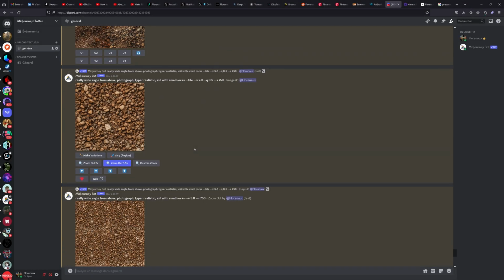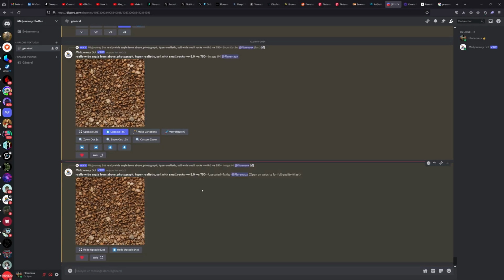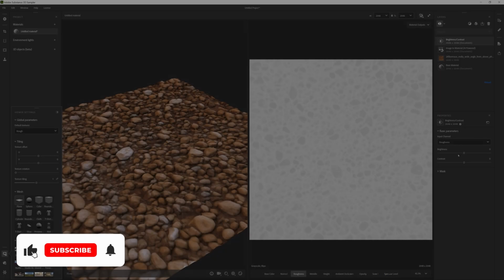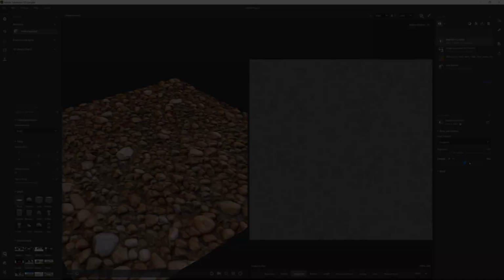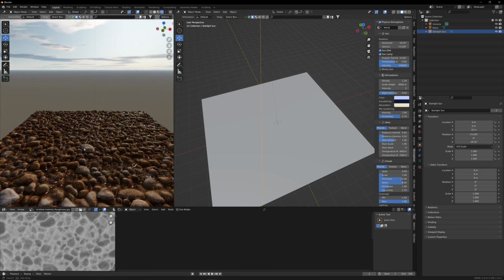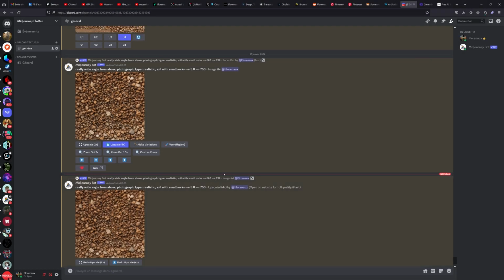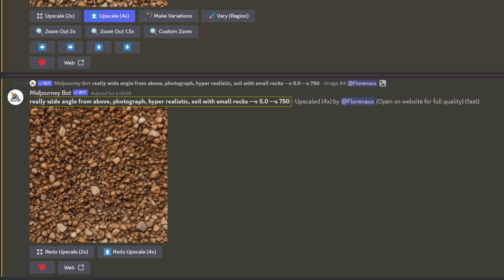Today I want to show you how you can create PBR material with Midjourney. First, we will need to generate the right image. Then take this image to Substance Sampler to create the other maps that will compose our material, and finally recompose this material inside Blender. So here we are inside Midjourney, and you can see the prompt I'm using to create